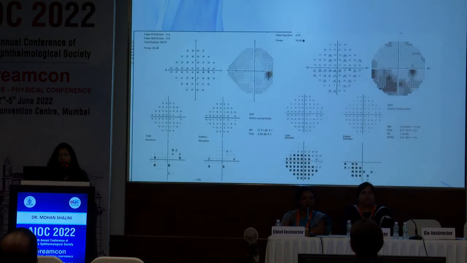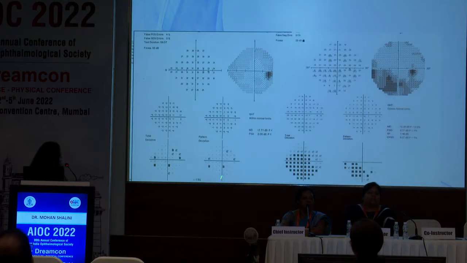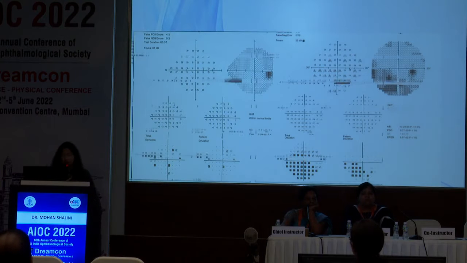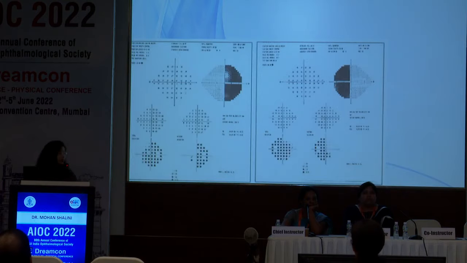Now coming to another very interesting case, this was a glaucoma patient. We can see the right eye of the patient, which was almost normal. The left eye showed an inferior scotoma, and he was doing pretty well. One day he said, I am having too much vision loss and I am having a problem, madam. We repeated the visual fields, and this was the scenario. You can see there was a right defect and there was a left defect, and this was the inferior arcuate scotoma, which the patient already had.